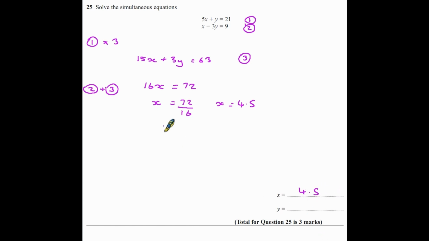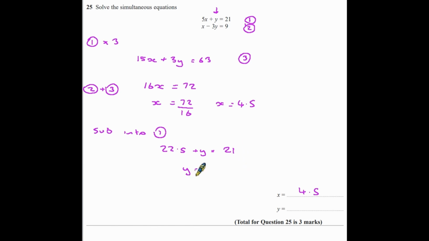We now need to find y, and we do that by going back to one of our equations and substituting the value of x. You can do it to any of the three equations that we've got here, but because y is on its own in this top equation, I am going to substitute into 1. So I've got 5 times x, so I know that is 5 times 4.5, which gives us 22.5. Plus y equals